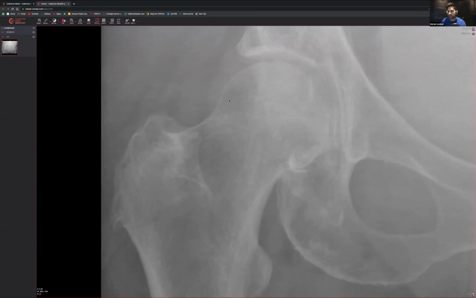So first off, what I always do, if it's not immediately obvious, is look at the flow of bone. You know how I said about flow of bone, right? Flow of bone is what I mean by this trabecular pattern. Have a look at that trabecular pattern and make sure that they're all flowing nicely. Also look at the edges here and make sure they all look nice and are flowing all the way around like so. And actually everything looks okay on this particular side. So let's just reset the image and have a look at the other side.